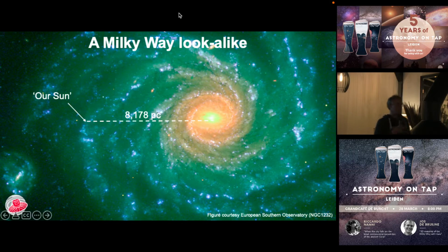And a parsec, to remind you, is about 3 light years. So that's the distance that light travels in 3 years. So that's roughly 25,000 light years from the center of our galaxy to